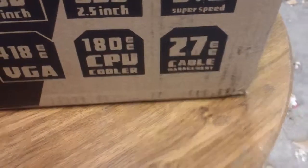27 millimeter cable management, $40, side panel, 3 fans, 2 bays,